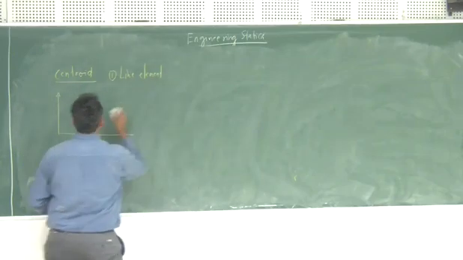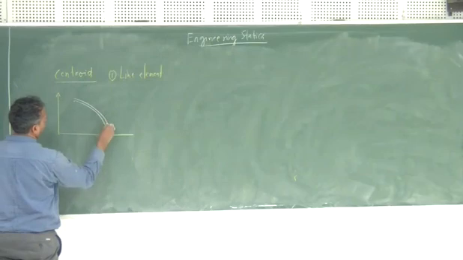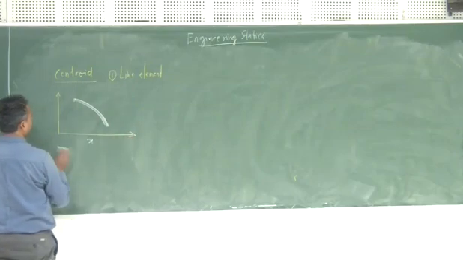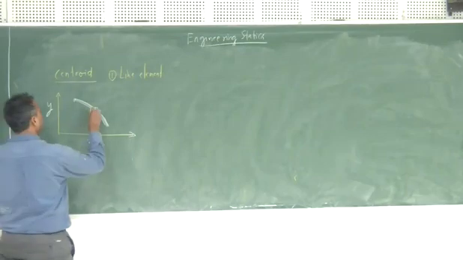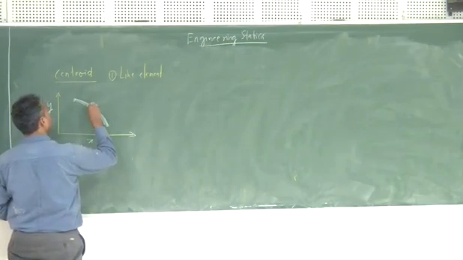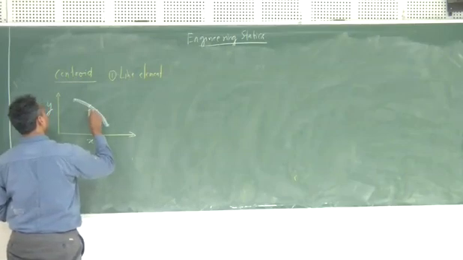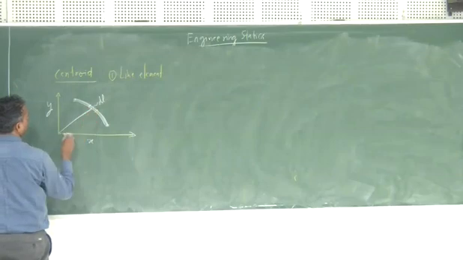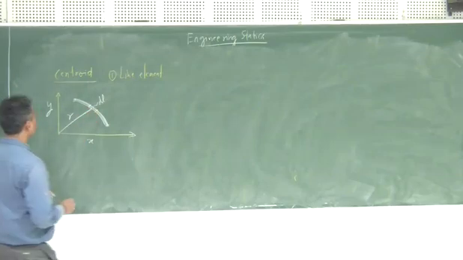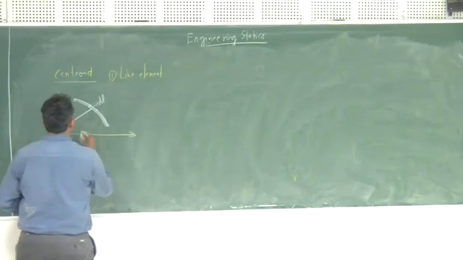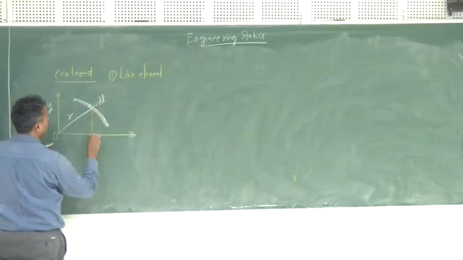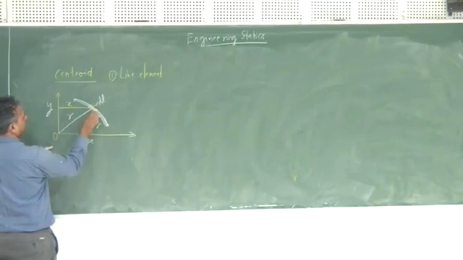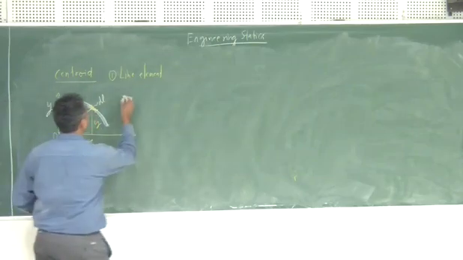So basically, let's say this is your x, this is your y, and you have to find out the centroid of this length, which is let's say L, and if the position of this element is R, with coordinates x and y, then for a given line element dL, the centroid can be given by